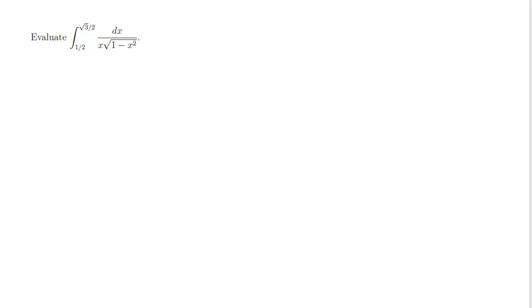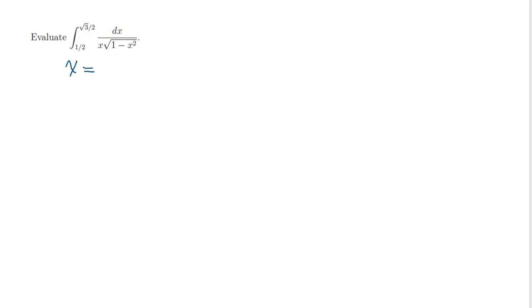Example: evaluate the integral from 1/2 to the square root of 3 over 2 of dx divided by x times the square root of 1 minus x squared. At first glance, the integrand resembles the derivative of arcsecant. However, the difference under the radical is not the right way around, and so for this, instead we will use